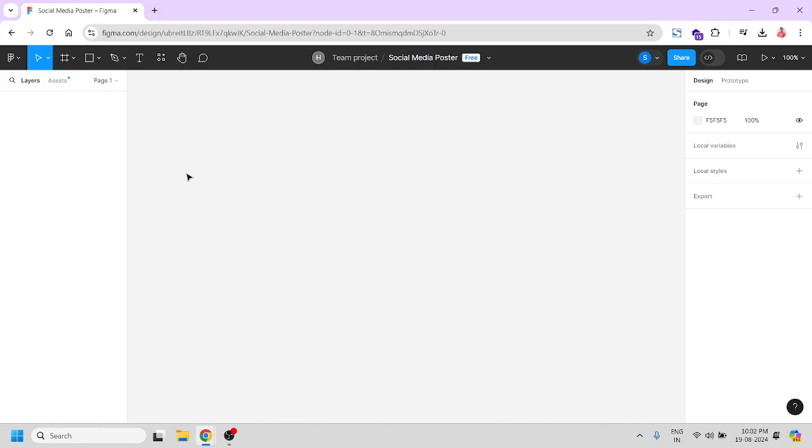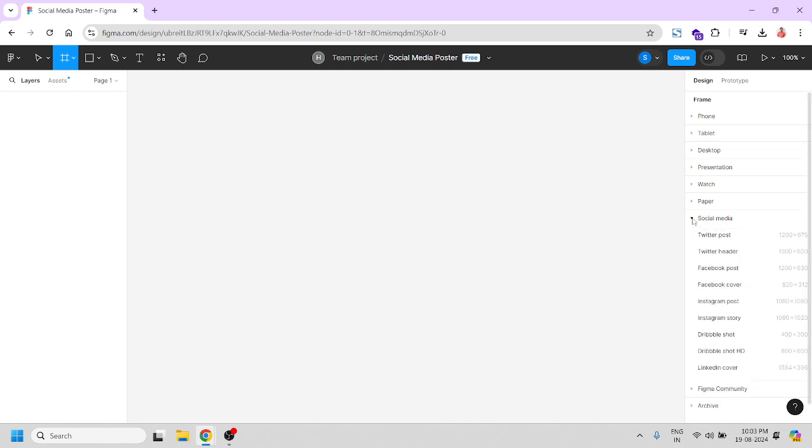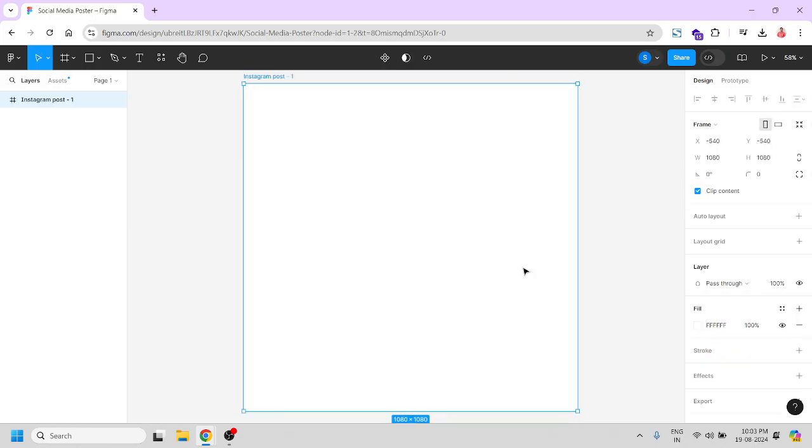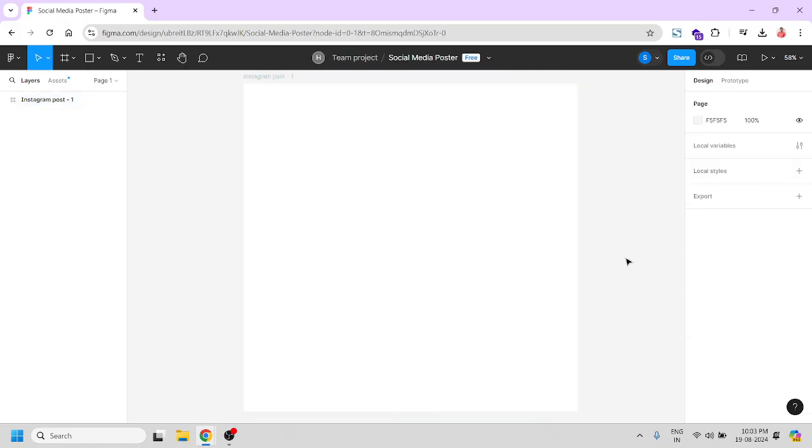Click on the tool to create a size of the frame, and after clicking go to the design frame on the right side of the Figma, and click on the social media, and we will take Instagram post. Once it is created,